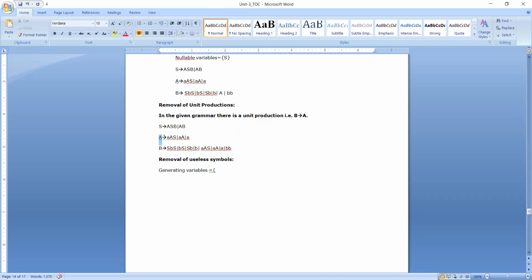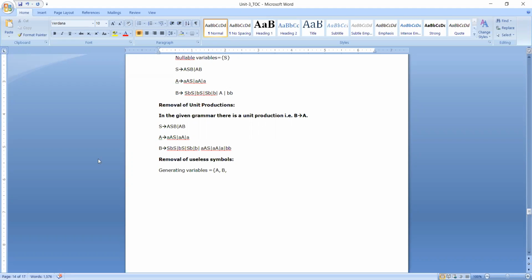So this capital A, please observe, is directly generating a terminal string. Hence I am going to add it to the list of generating variables. Then let us go ahead and see B. So B is a variable. Please observe, it is directly generating a terminal string small b or small a or small bb. It is also generating. So B is also going to be added to the list of